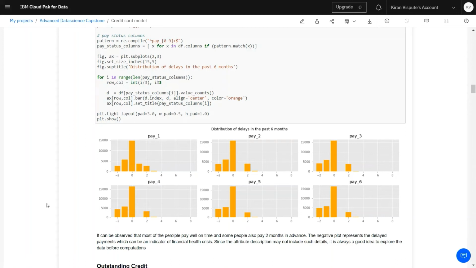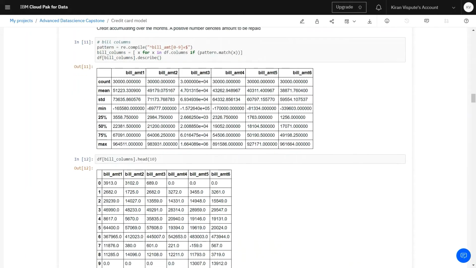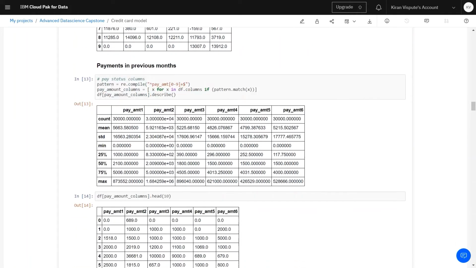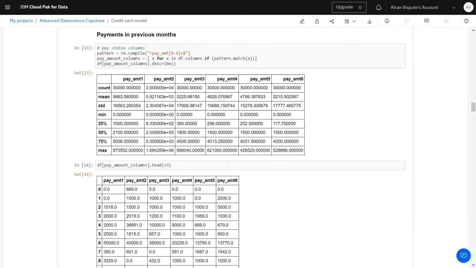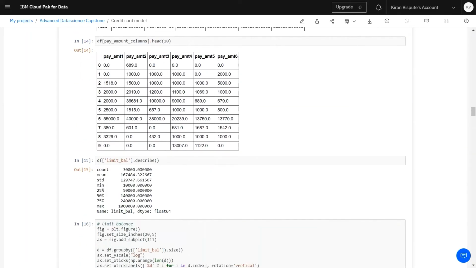However, our concern and the area of analysis is the timeline from 0 months to negative onwards, where payments have been lagging. The customers were not able to pay the credit card bills on time, and this can be an indicator of a financial health crisis on the part of the customer. We have also analyzed the outstanding credit and the respective bill amounts, similar to the payment history, and the payments that the customer has made in previous months. We have also analyzed that in terms of counts and means. So here also we have a feature exploration of the data,